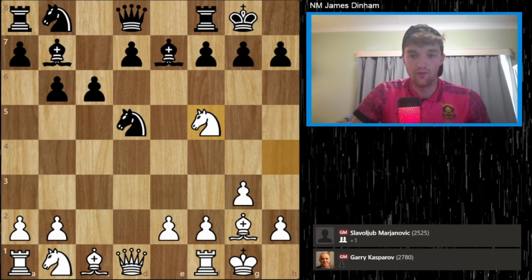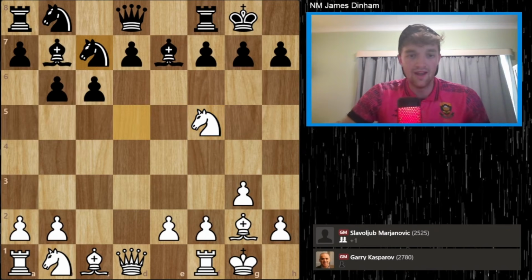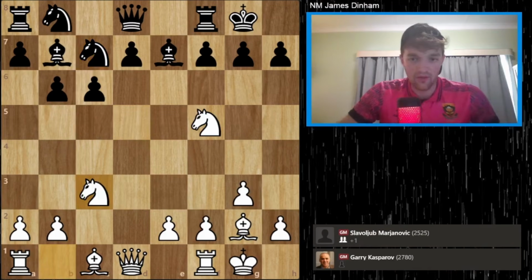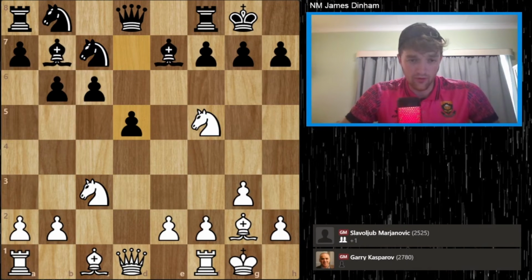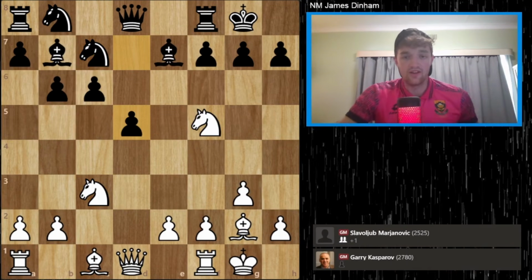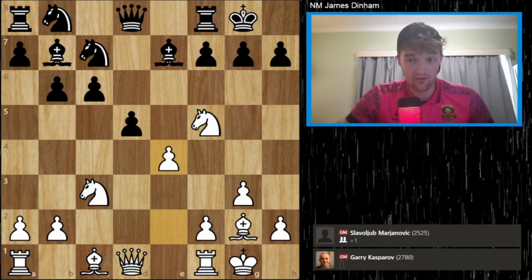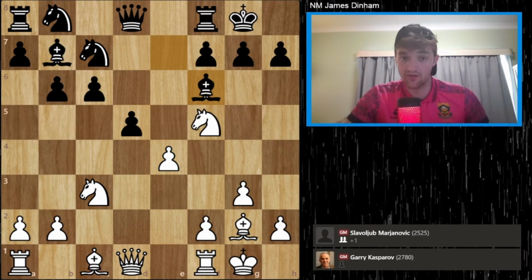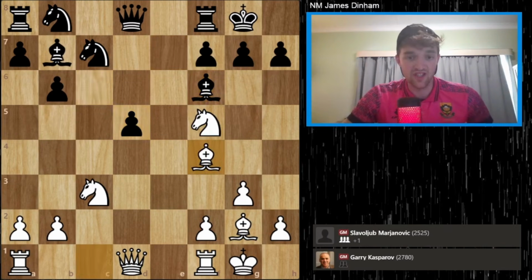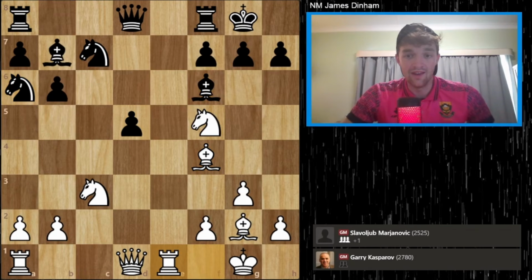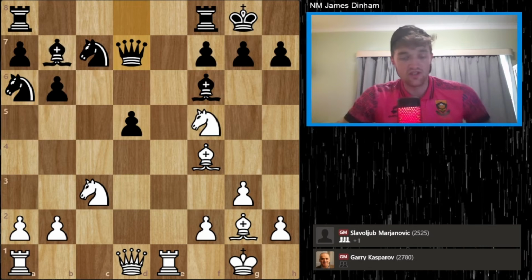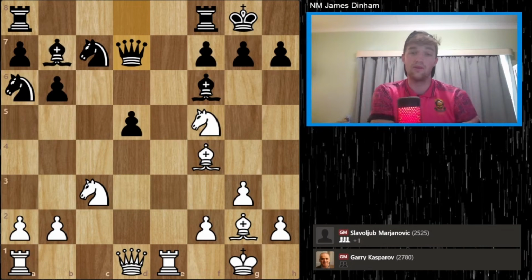The knight went to its dream square, and here, this is all theory, by the way. Kasparov was known for playing large amounts of theory. Pawn to e4, nice break in the center. The bishop went to f6. There was an exchange here. Kasparov is just developing all his pieces,